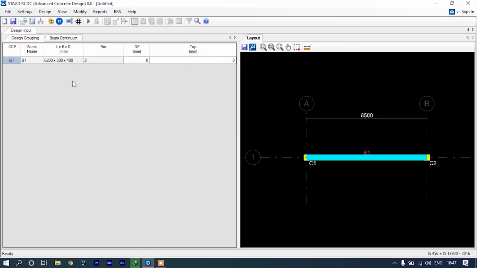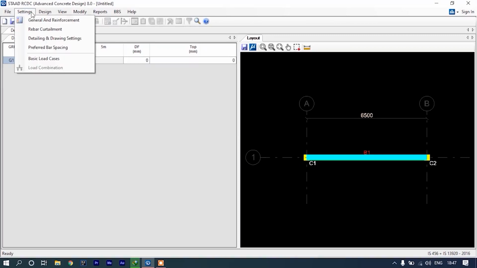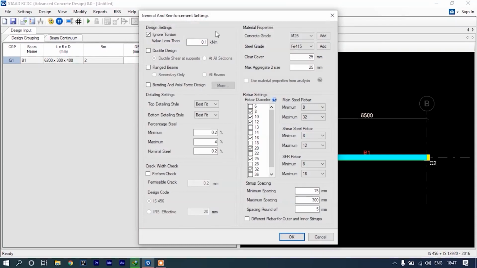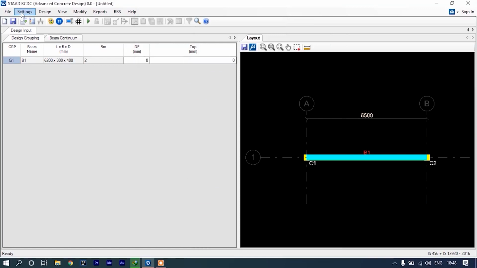Go to settings, go to general and reinforcement. Now we used M25 grade of concrete and Fe 500 grade of steel. So go and click OK. Now go to settings, go to basic load cases.